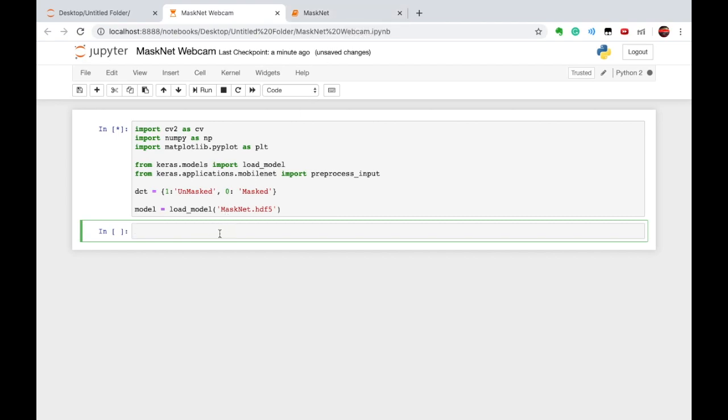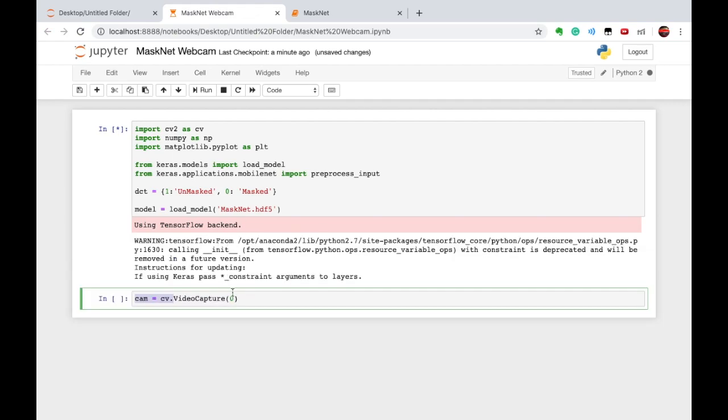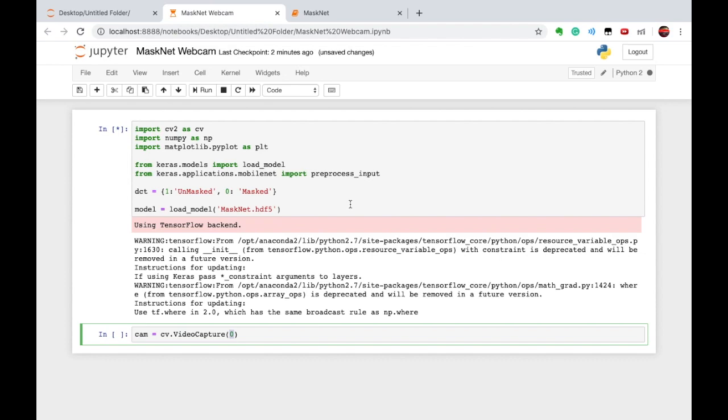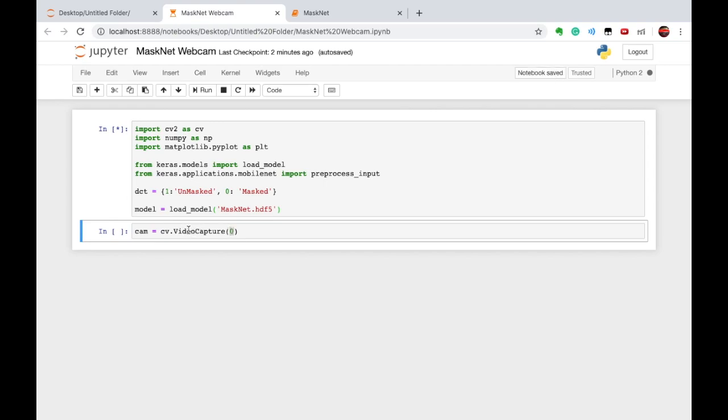And while it is executing, let's access the webcam. To do so, I'm using the cv.VideoCapture function with index 0, and I'm calling it cam here. So it will take the reference of the video camera which is available at index number 0. Index number 0 means my main webcam. If we have multiple cameras, then we can also change the index. Like if I have two cameras, then I can change the index to 1 so that we can use the other camera. Clear?